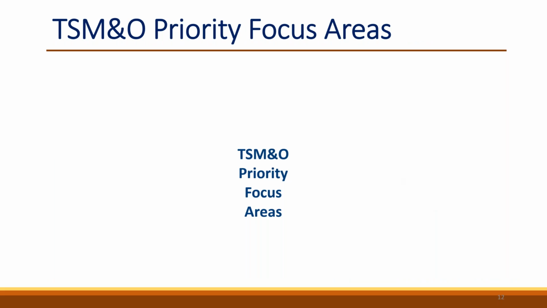If we review the TSMO strategic plan, we have about 6 priority focus areas for the central office. The first one is mainstreaming. What is meant by mainstreaming? As I mentioned a few minutes ago, mainstreaming includes incorporating TSMO elements into all transportation projects, from planning all the way through design, operations, and maintenance. This focus area of mainstreaming TSMO strategies is both at the statewide and at the regional level.